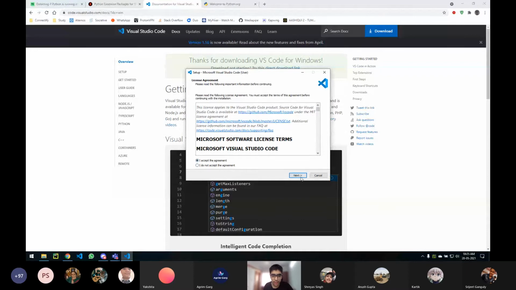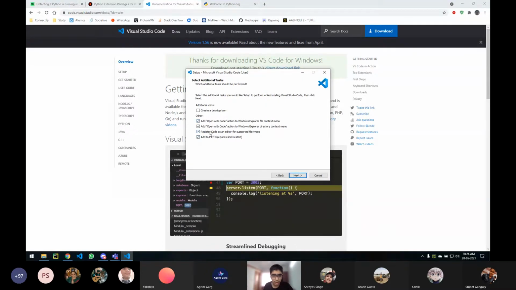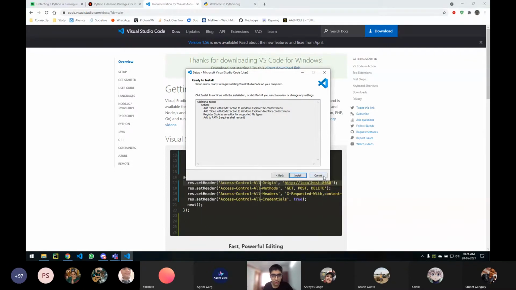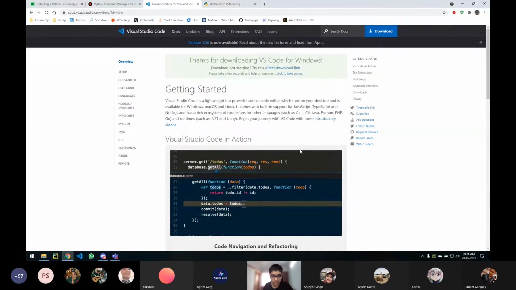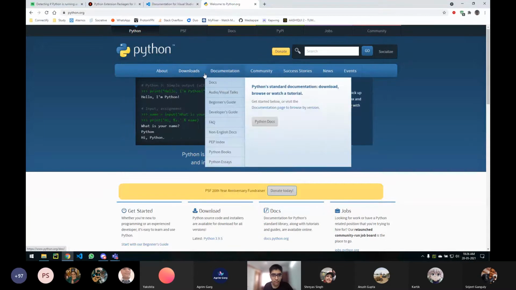Click accept the agreement. Click next. Click all these four, and then click next. Then click install. Your VS Code will be installed. I already have VS Code, therefore I am not installing it again. I am exiting.